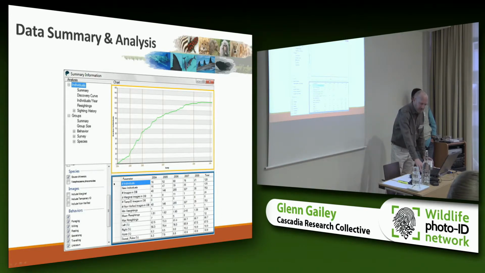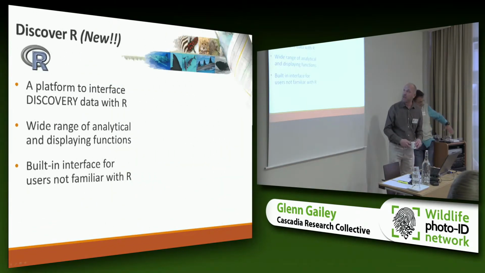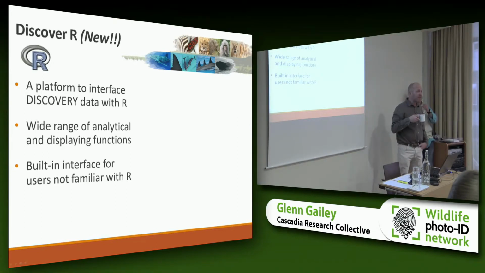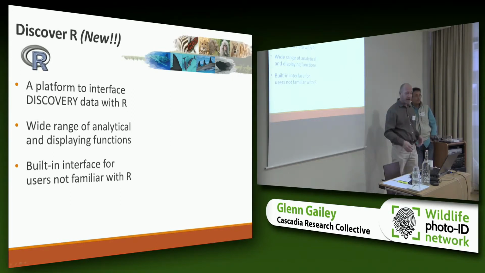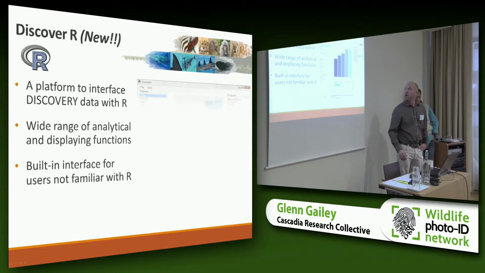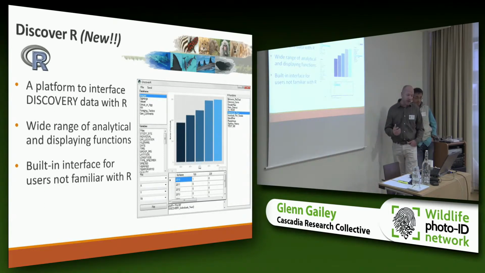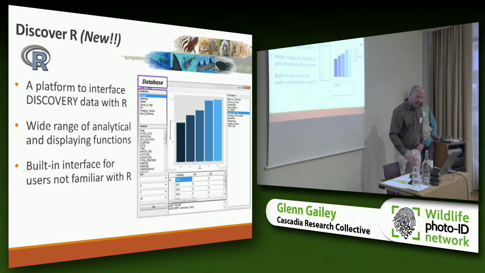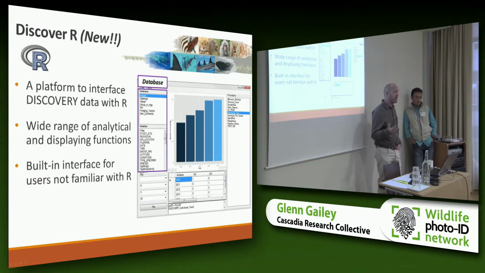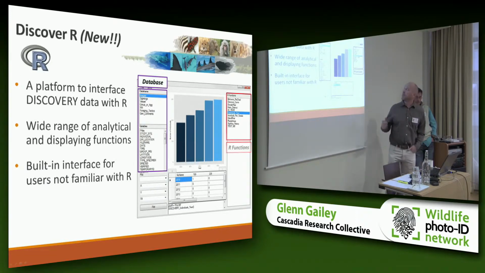But we realized that this isn't enough, so we recently included what we call DiscoverR. And this is an interaction between Discovery and the R statistical package. This allows you to use all the functionality of R for Discovery. So what it essentially does is it takes your database and provides it as a data frame to R, and then you can do various functions. And this is totally dynamic,